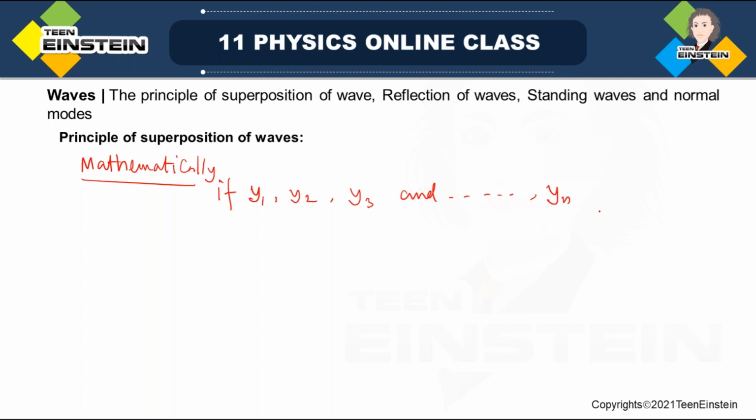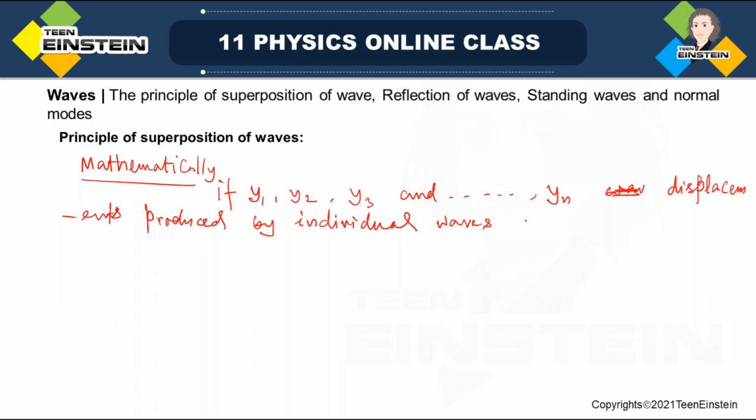Suppose there are n number of waves traveling through a medium simultaneously, then actually these are, suppose these are the displacements produced by individual waves, then